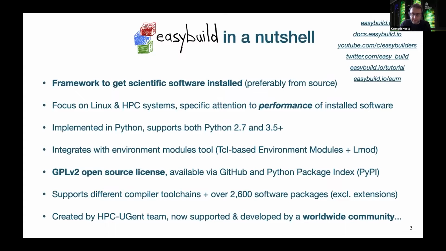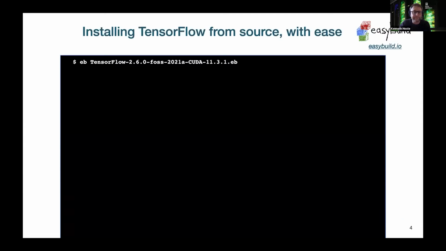EasyBuild was originally created by the HPC Ghent team in Belgium, but now it's supported and developed by a worldwide community. So from a very high level, how does EasyBuild work? Well, you have the eb command. You somehow tell it what to install. In this case, we're giving it the name of what's called an easyconfig file, a build recipe for TensorFlow,